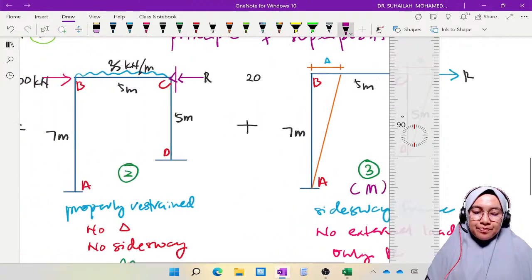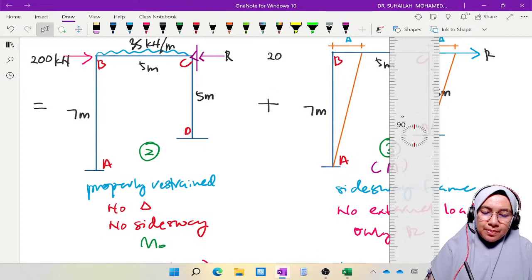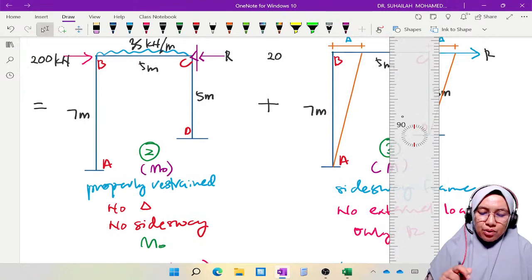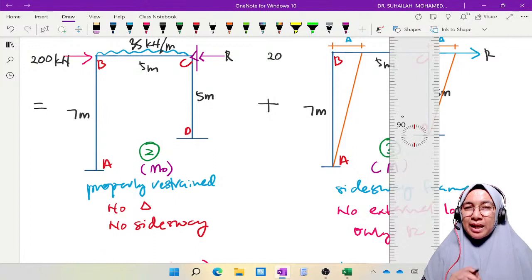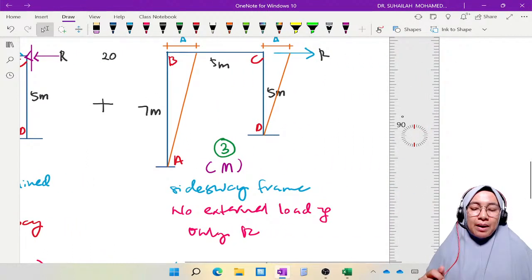The label is m naught. For diagram number 2, table number 1, the end moment we label as m naught. Diagram number 3,